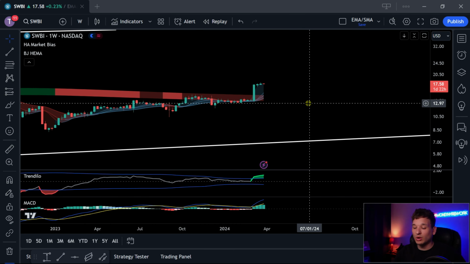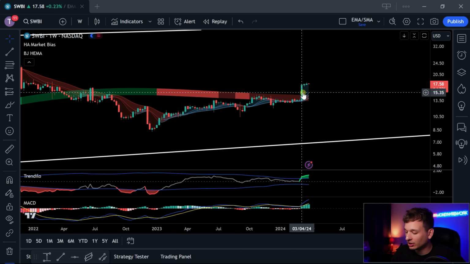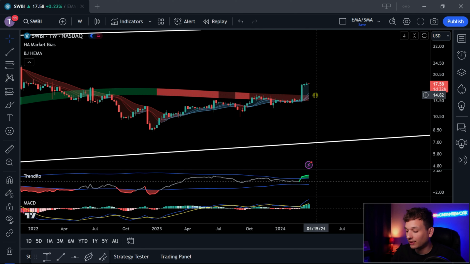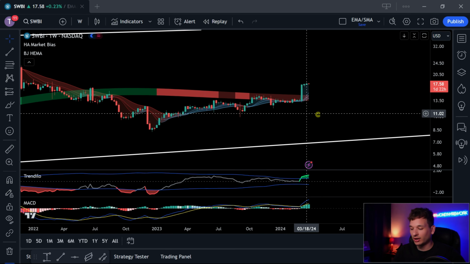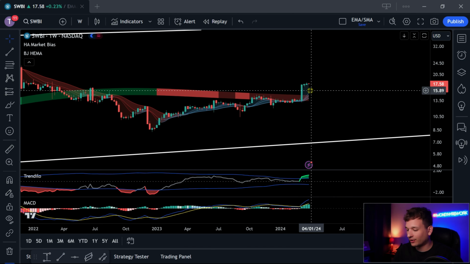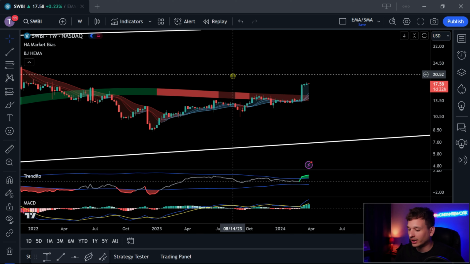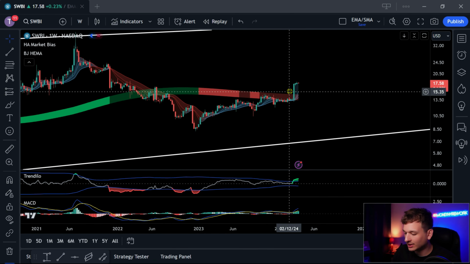One of the reasons why the HA market bias indicator is so effective is because HA stands for Heikin-Ashi, okay? So it is going to actually smooth things out. And just because the price action comes above that indicator does not mean that it's just going to turn green right away. And therefore, it's not going to react to just very little detail, up for a second and then back below, right? It's going to stay red for a little bit, which is good because what oftentimes happens is,